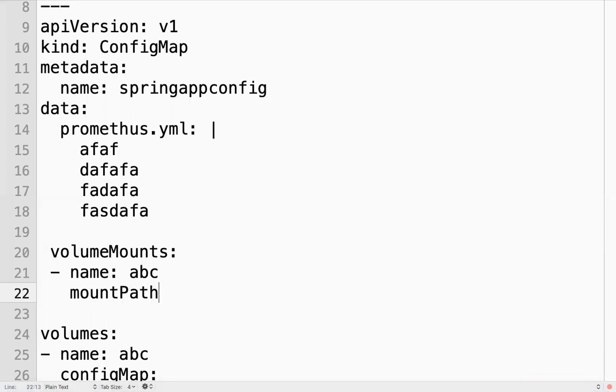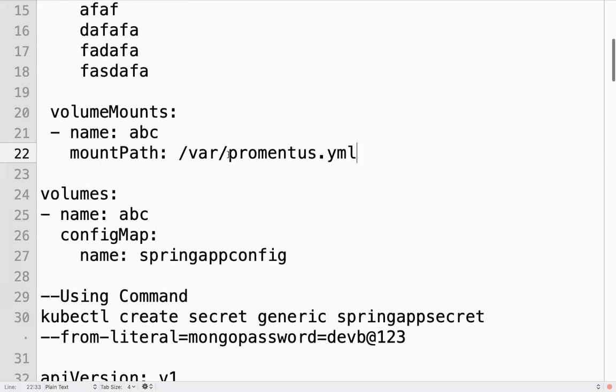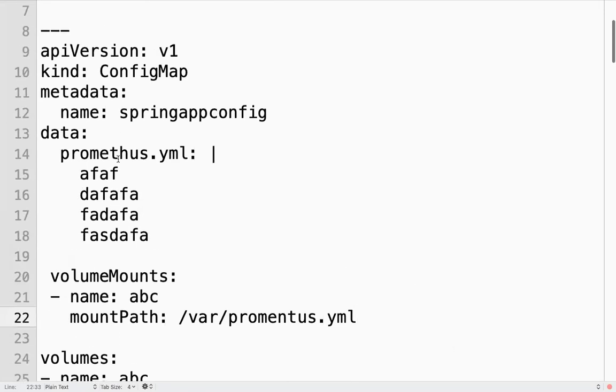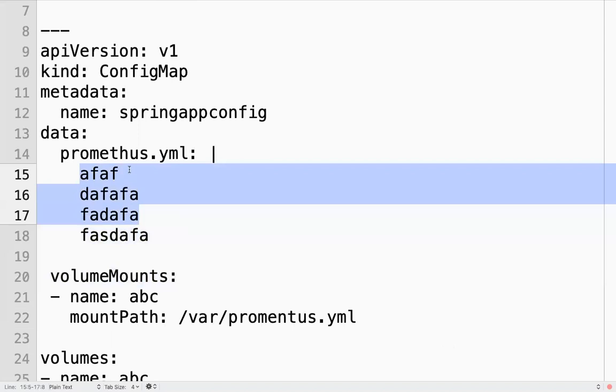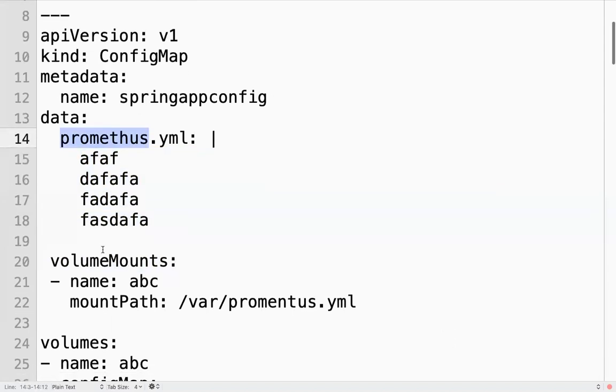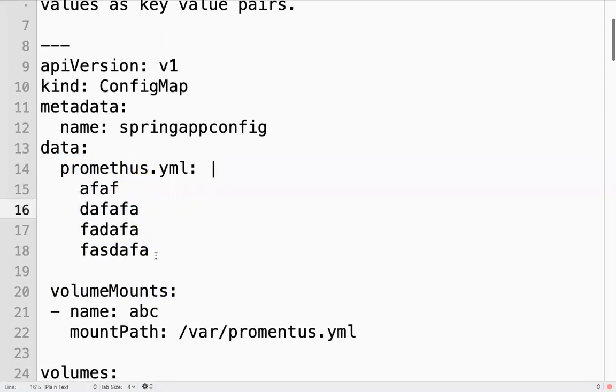In that container, this is the path. There you have that file. You can mount something like this. So whatever content, you are mounting a file. This is your configuration. You are creating this file as a config map.